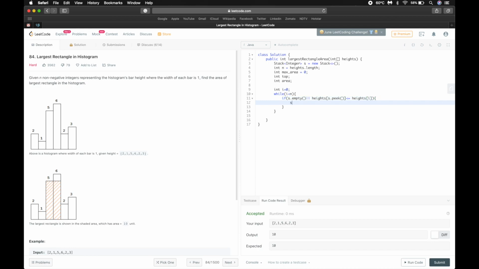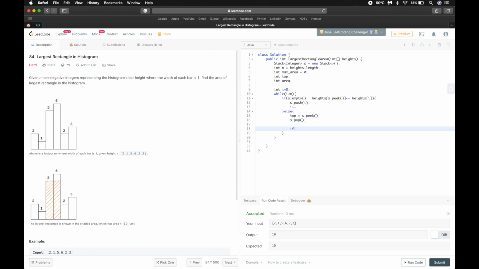If this is so, we will push our element and iterate our loop. Else, what will we do? We will update our top with the value at the peak and pop the element.